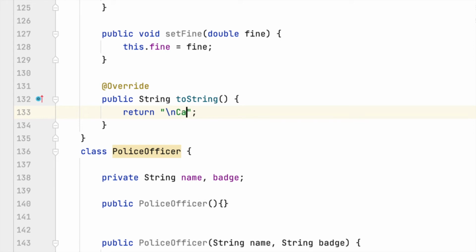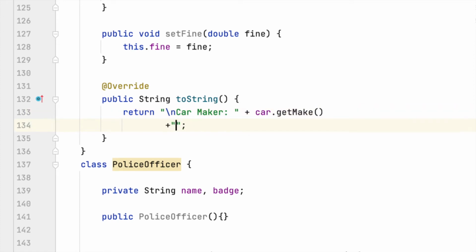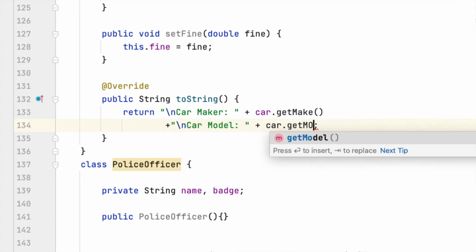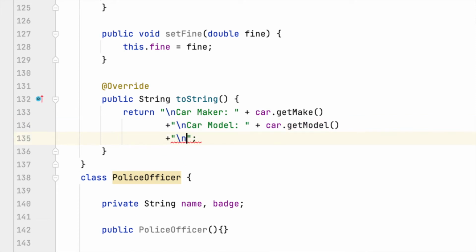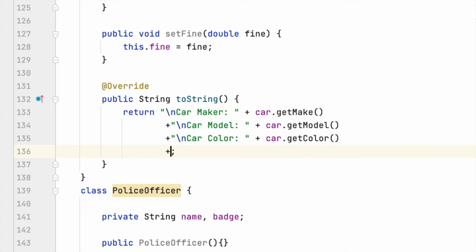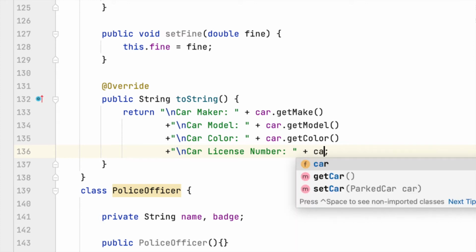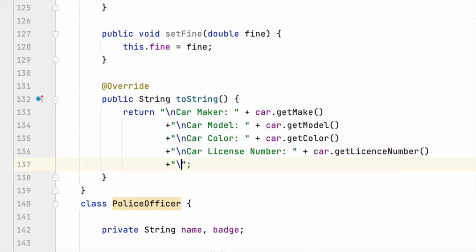Say car make, car get make, car model, car get model, car color, car get color, car license number, car get license number, fine, get fine,